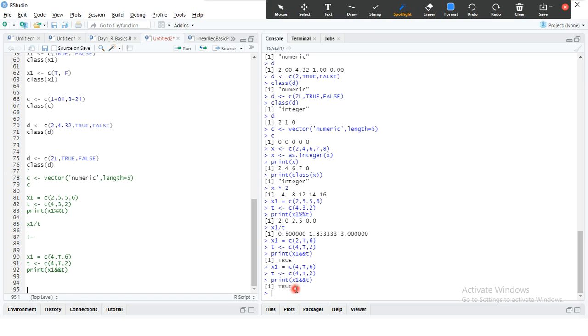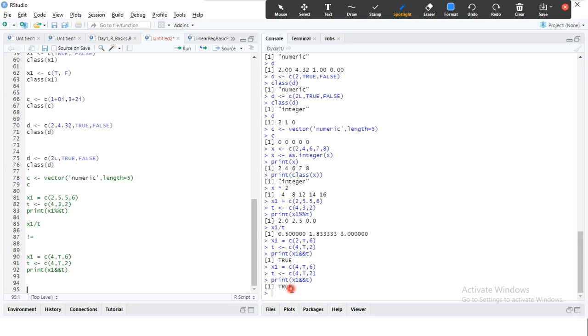And the logical OR operator, double pipe. I think you must have used all these things in other languages. It's similar to other languages. And you have something called the existence check. If you want to check whether a specific value is available in another, let's say you have two variables, or two vectors.